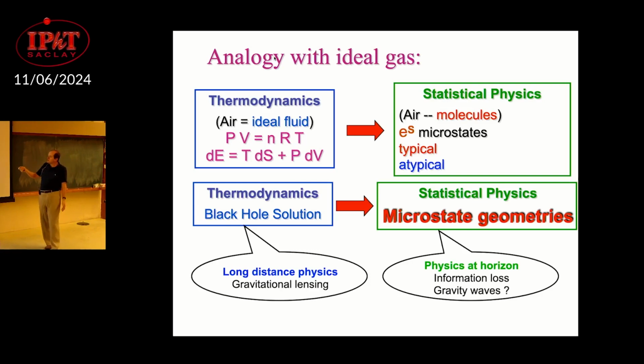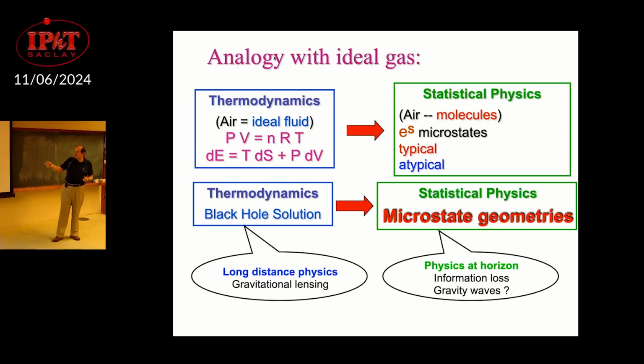But there's also a statistical description using microstates, molecules floating around the room, buzzing around, hitting us, and so on. This would be the microscopic description. And what we are claiming is that this is the microscopic description in terms of microstate geometries and fastballs, and the black hole solution, the nice, beautiful classical textbook, is the thermodynamic solution, which is good, to get entropy.